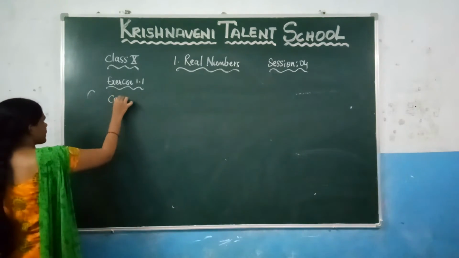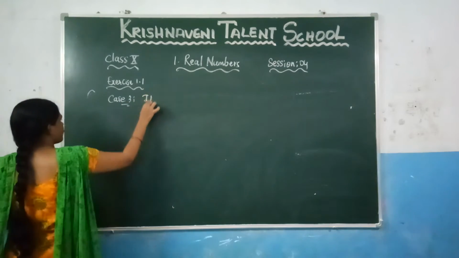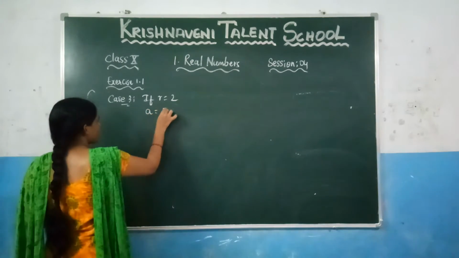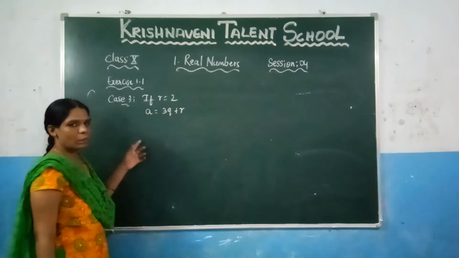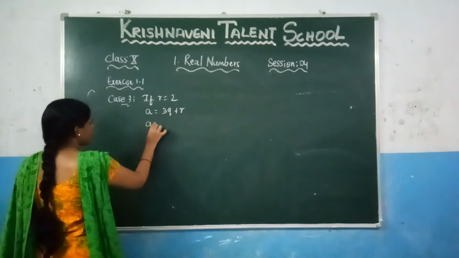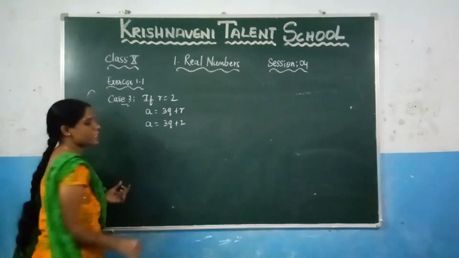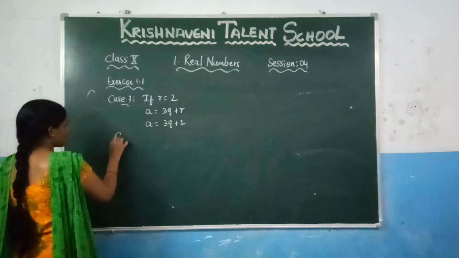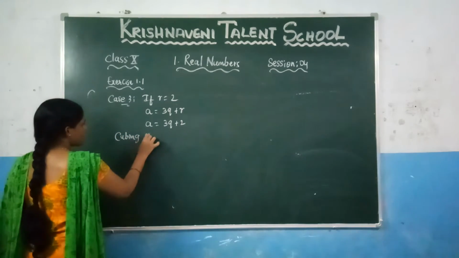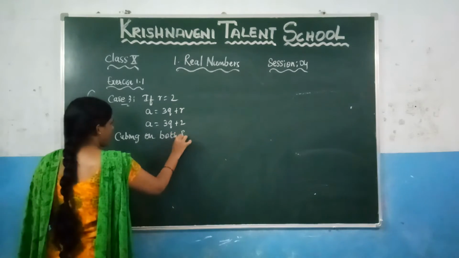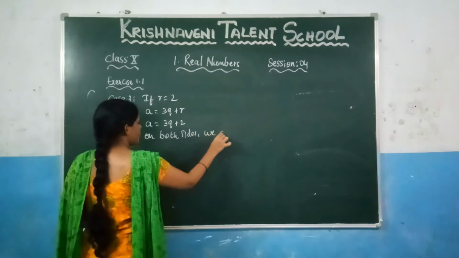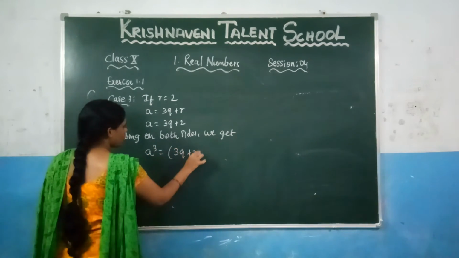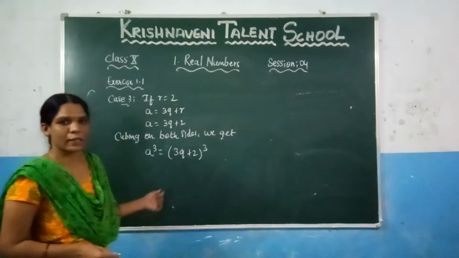Okay, let us go for the next case, which is the case 3, if r is equal to 2. Now, what is the first equation? Which is nothing but a is equal to 3q plus r, right? In the place of r, just substitute 2, so that you will get it here a is equal to 3q plus 2. Since we need to prove the cube of the positive integer, so let us take it here cubing on both sides. So write it here, cubing on both sides. We get, on taking the cubing on both sides, a cube is equal to (3q plus 2) whole cube. Again it is in the form of (a plus b) whole cube.